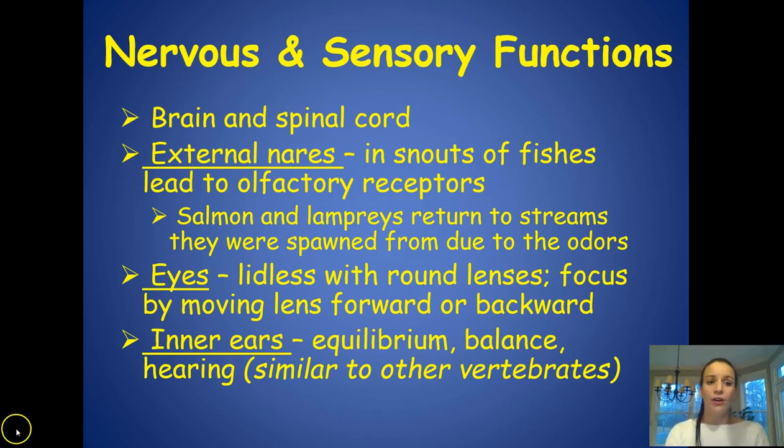The nervous and sensory functions. So fish have a brain and a spinal cord. They also have external nares, which are in the snouts of fish, and this leads to olfactory receptors. They also can return to streams. This is how they find out where they spawned. They have eyes,